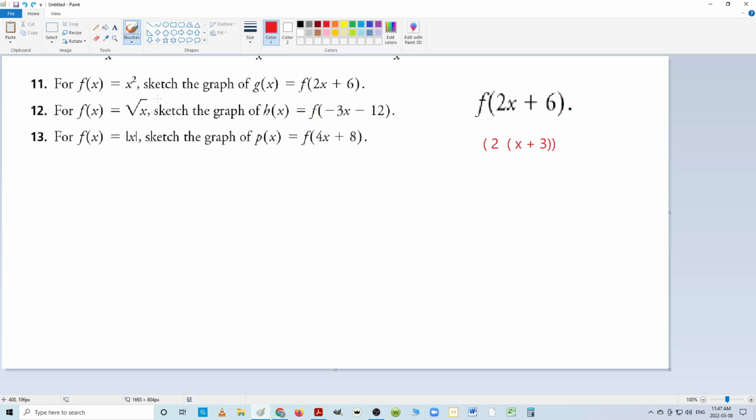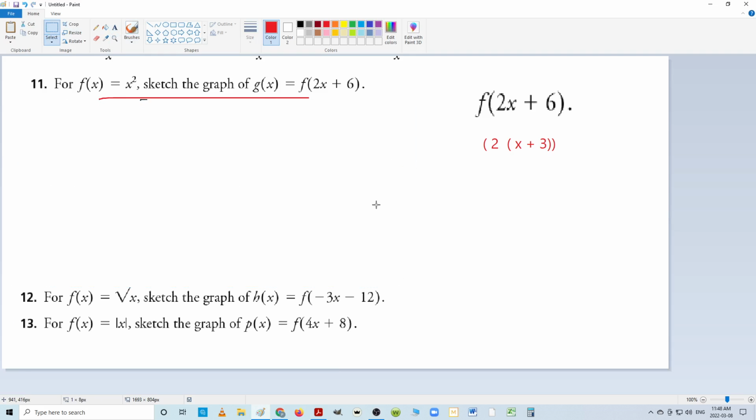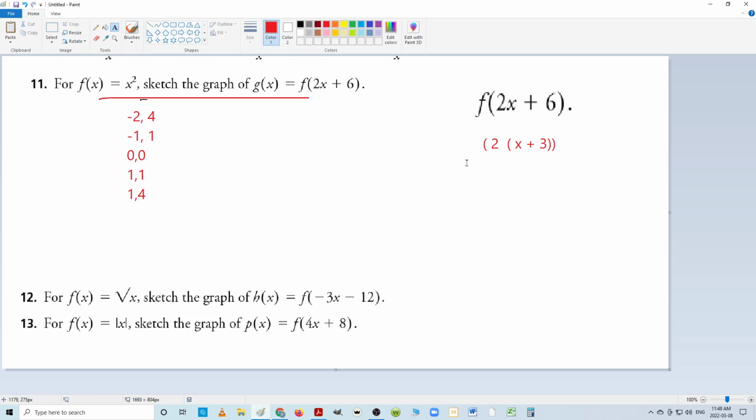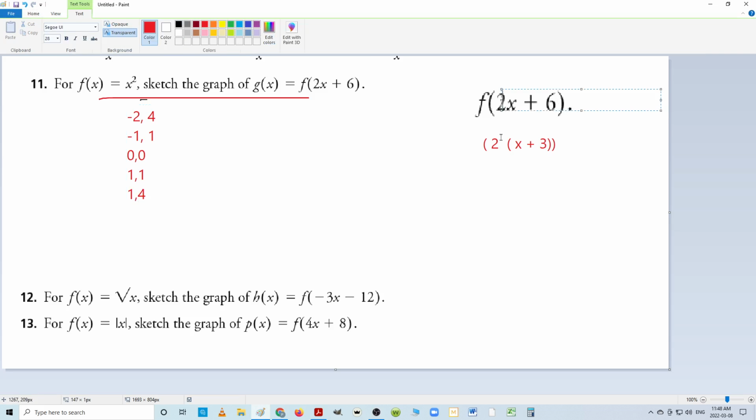Okay? So this one's specifically talking about a parabola, 11. I'll just bring the other ones down. And a parabola's main points are -2, 4, -1, 1, 0, 0, 1, 1, and 2, 4. So this is only an x transformation. Everything's going on around the x, which means I have to describe it. It's a horizontal compression by a factor of 1/2,